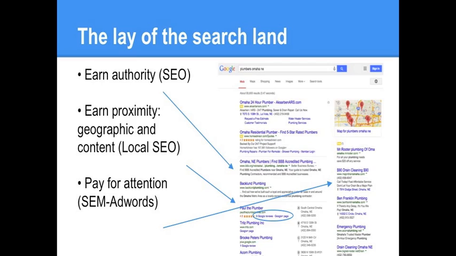But we're going to get into here real quick the lay of the search land. So it's real important people understand what happens in a Google search. And what you'll see here clearly, you have these items marked with ads. Those are the first two at the top. That's the right rails going down. These are people that are paying for attention so that they're showing up in searches related to your business.